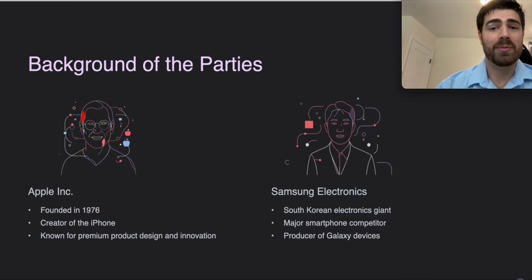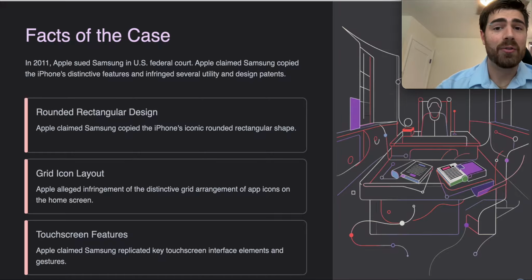Samsung denied wrongdoing and argued that many smartphone features were common throughout the industry, meaning that elements such as rectangular touchscreens, rounded corners, flat glass fronts, icon-based home screens, and swipe-based touchscreen controls were standard features already used or expected in modern smartphones. Samsung claimed these designs were driven by functionality and consumer demand rather than copied exclusively from Apple.